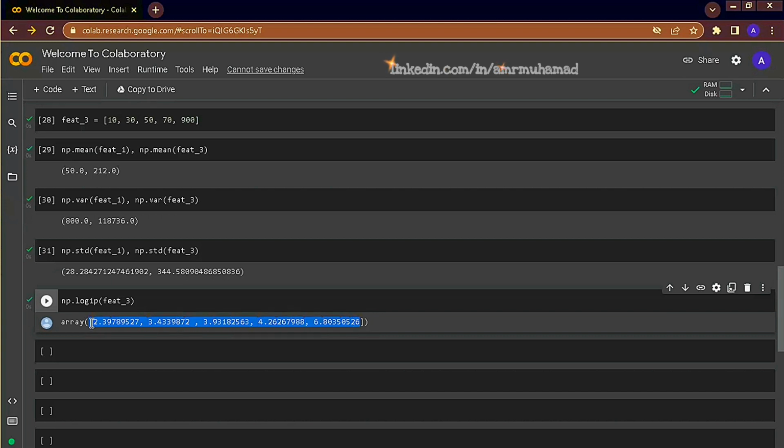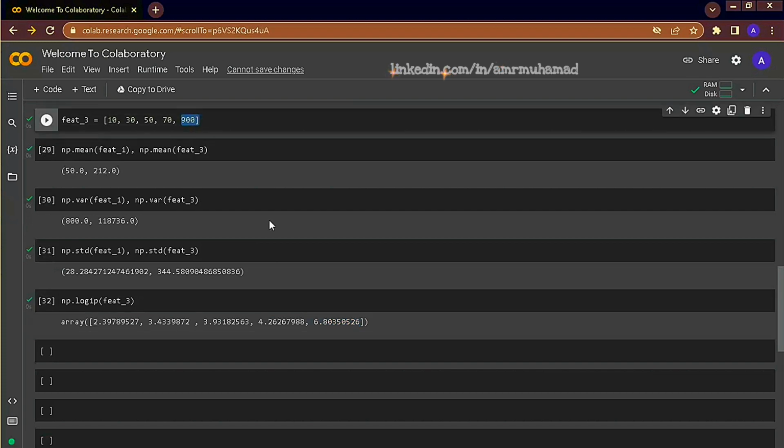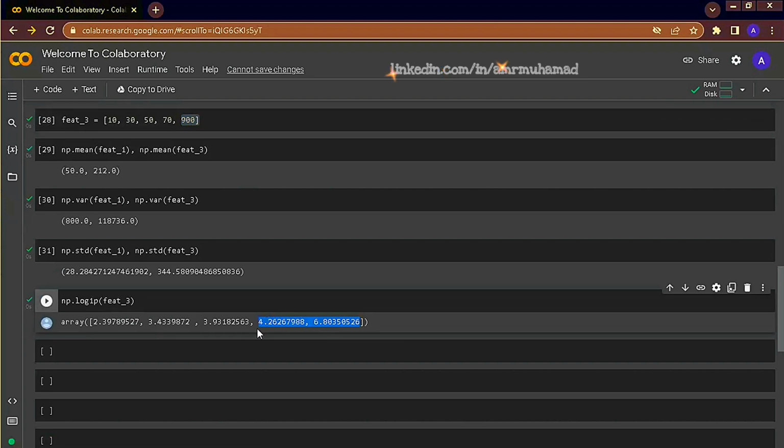We can see that the scale significantly decreased to these new values, but preserving the 900 as the highest value also after log transformation, but the distance between values is much smaller than earlier.